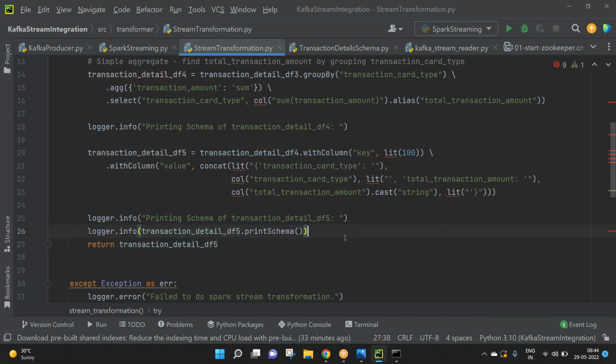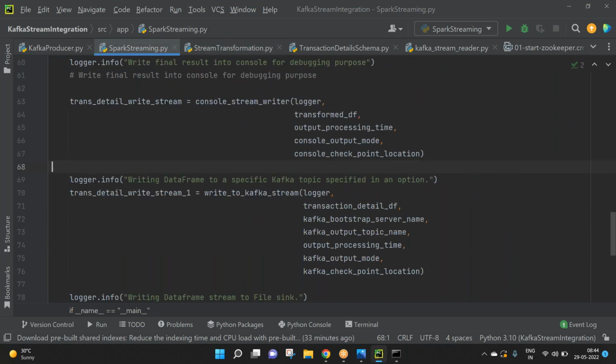So you have seen the schema, right? We'll have only two columns. Now I am trying to change this data such that I can even push this data to Kafka topic. Hence, I'm trying to define a new column called key column, and I'm trying to use lit function to have the same key for all the records. Then I'm trying to specify the transaction card type and transaction amount. So I'm going to print the schema of it. And then once you get the data frame here,